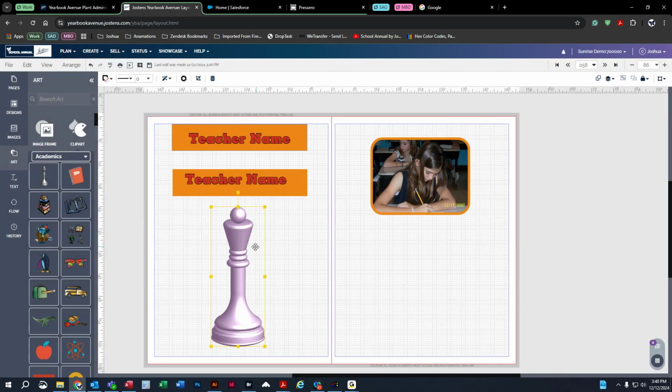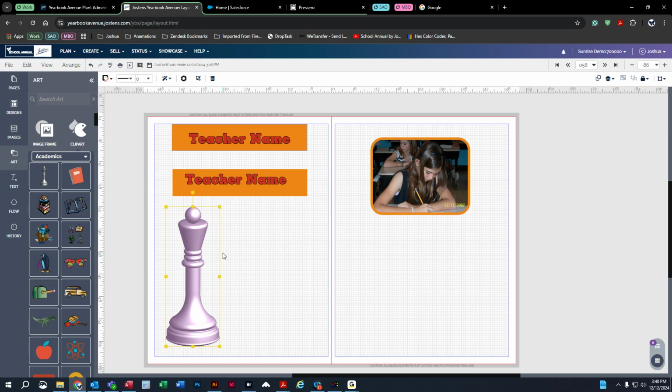Now what this will do is it will actually save a copy of this. It's not going to save over the original, just like it won't save over the original image. It'll just save a copy of the image. So here now we have a different color clip art if we want a different color clip art. So for the image right here,